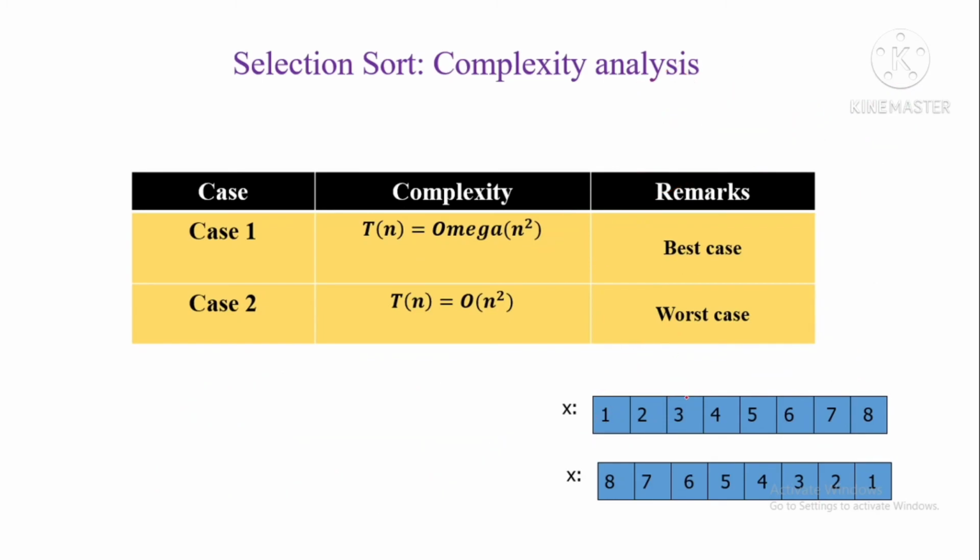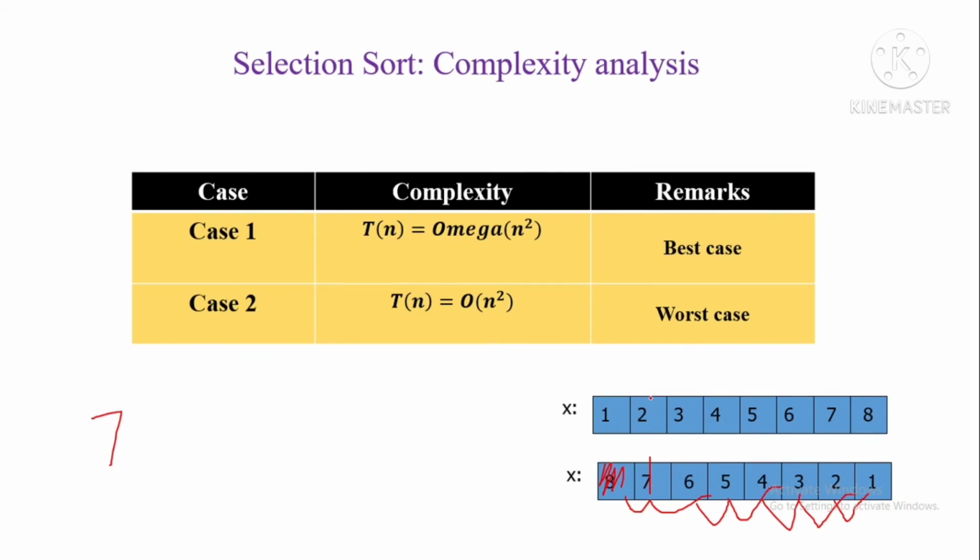Next, we will consider the worst case. Worst case means your array is sorted but in reverse order, 8, 7, 6 up to 1, because it is in reverse order. In the worst case, what will we do? We have to fix this position. We have to compare the remaining elements, whether it is sorted or unsorted, I don't mind. If I want to fix that particular position, I have to compare with all the remaining elements, same thing. 7 times I have to compare it to fix this position.